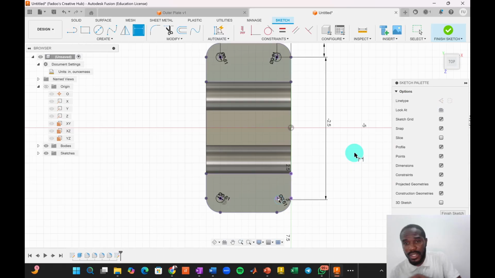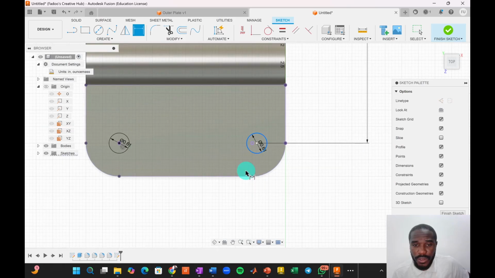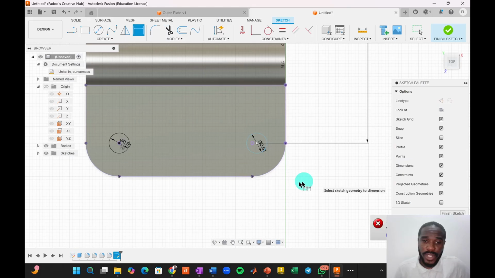Okay, and let me zoom in a bit so we can see what's happening down here. Then I pick this and that line, and I want this to be 1. Okay, so that settles it. So no, I don't need that because I've dimensioned the other side. Okay, but then I need this